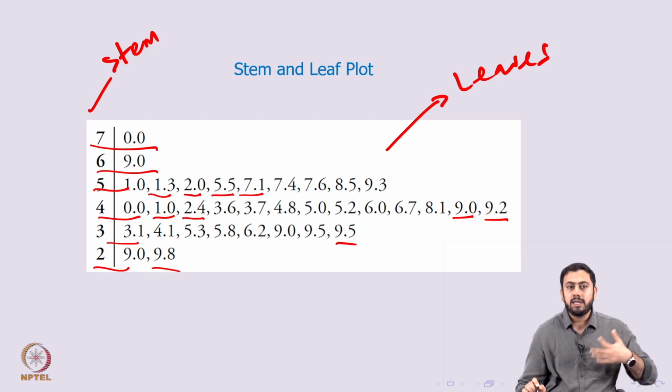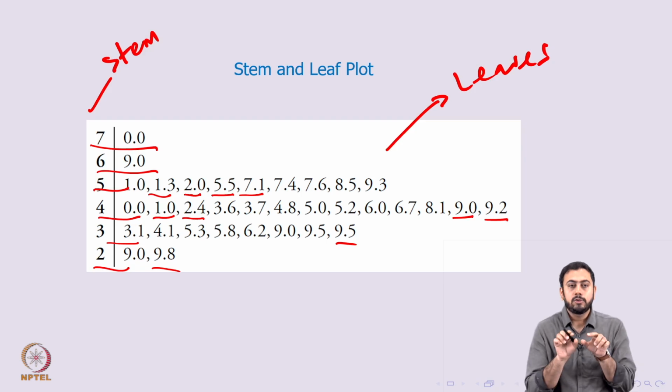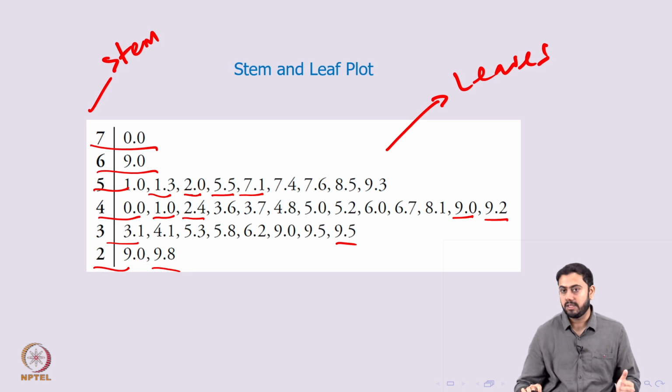Okay. So a stem and leaf plot is not very difficult to create and understand. The left portion corresponds to the stem, while each and every value that you see on the right side of the vertical line corresponds to the leaf part. You take the stem, attach the leaves, and treat it as a single number, and that single number becomes an observation.